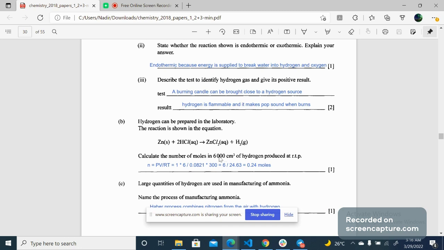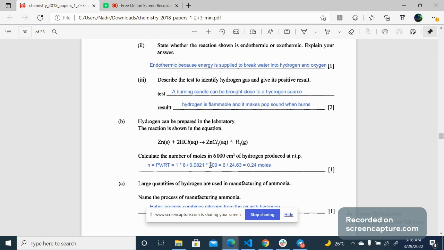V is 6,000 centimeter cube. We have just converted it into liters. We can do this because we just remove these three zeros and it turns into 6 liters, and we put it here because liter is a standard unit of calculation. And this is the universal gas constant. It has a complicated unit form, but we don't need to worry about the exact units because all of those units will get cancelled out in the calculation, and we just care about this numerical value, 0.0821, for the universal gas constant.